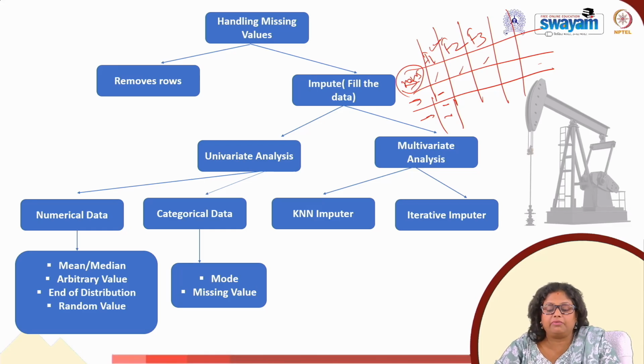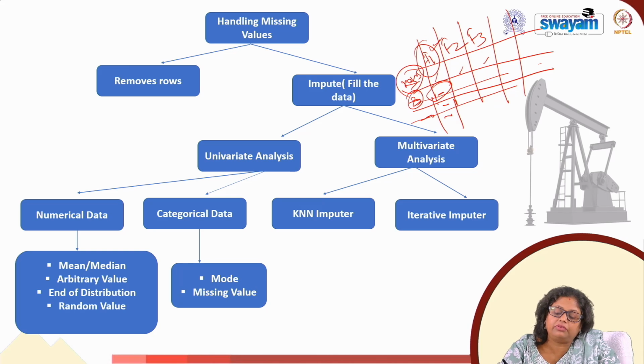First, when we have a missing value, what we can do directly is remove it. If I have a missing value in a particular feature, wherever the missing values are there, I am going to completely eradicate those rows. Wherever there is a missing value, that row will be removed. So that's the first thing: when we have to handle a missing value, we simply remove the rows.